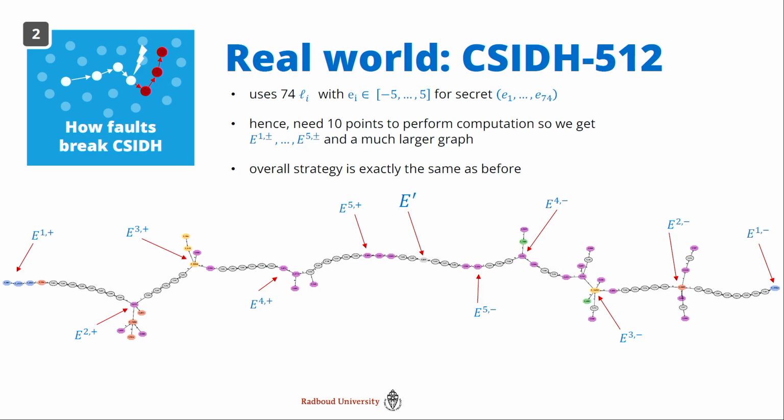Okay, then how do you actually get the secret key from this graph? Well, here it's not actually obvious, so we made a smaller example. But the idea would be that you would get E1 plus as exactly those degrees that you start seeing appearing between E1 plus and E2 plus. There you get the eis that are equal to 1, and so on for all of the other ones.